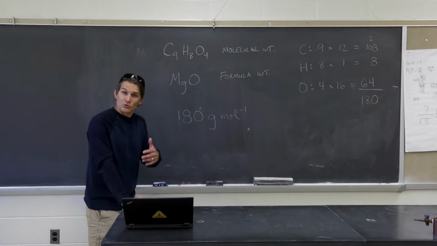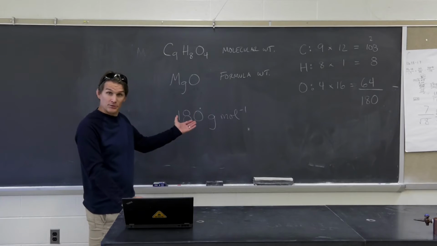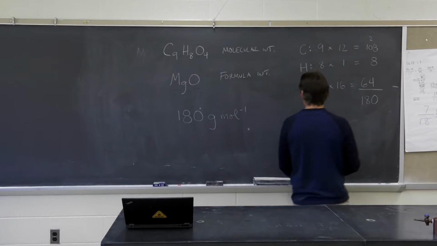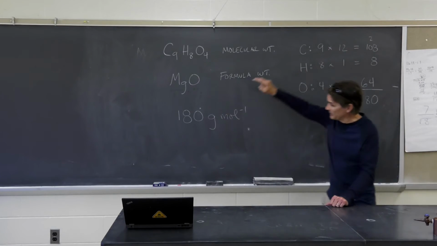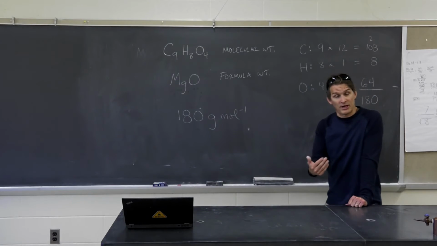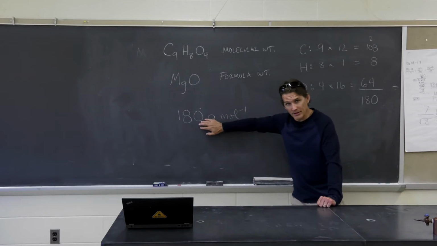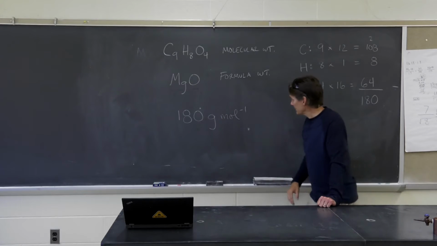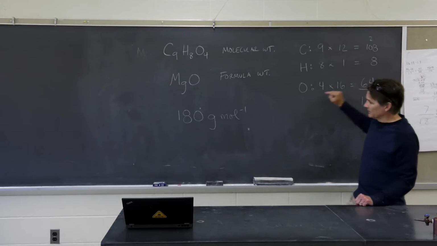And once again, we can do the percent by weight calculation. It's very easy to do, right? To find the percent by mass of carbon in aspirin, I just take 108 and divide it by 180. To find the percent by mass of hydrogen in the compound, I just take 8 and divide it by 180. And to find the percent by mass of oxygen in the compound, I just take 64